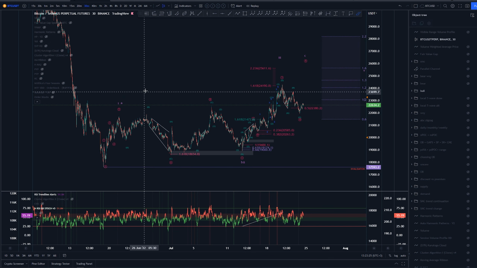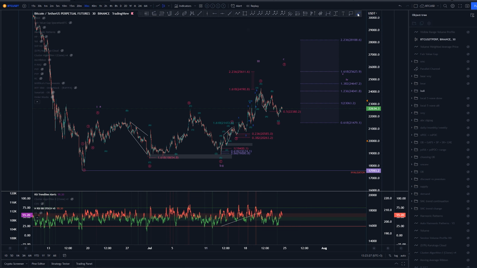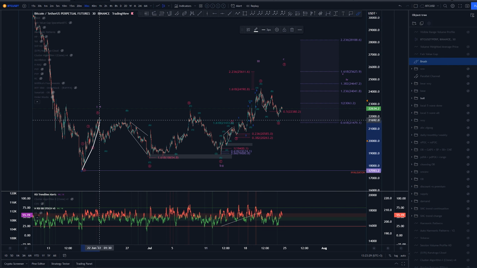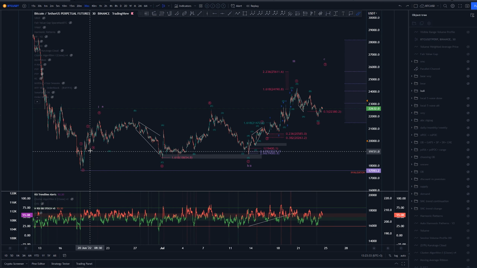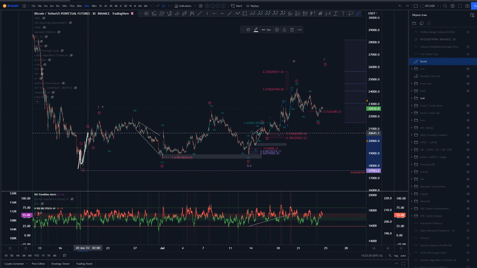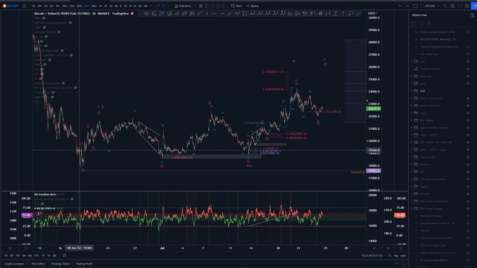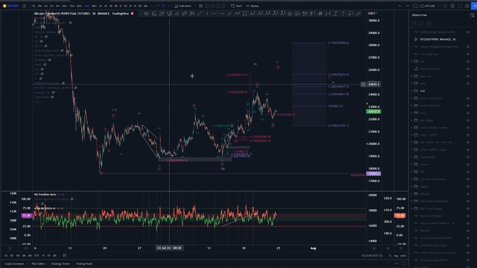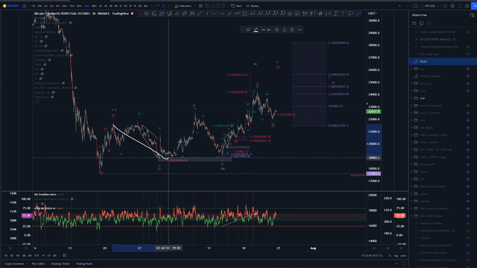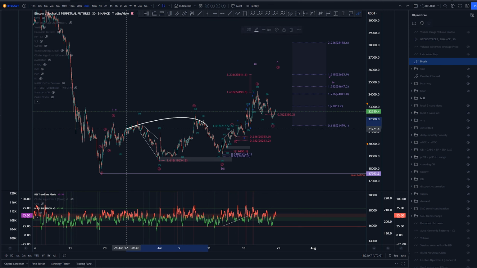Starting with the bullish one here, in which we have a possibility for a wave A or wave 1. Again, this is a 5-wave structure if we are labeling as such, with a 1, 2, 3, 4 and 5. We have alternation between the fourth and the second wave here, which looks pretty good. Then we would have a very massive 3-wave structure as a connector as a wave B or